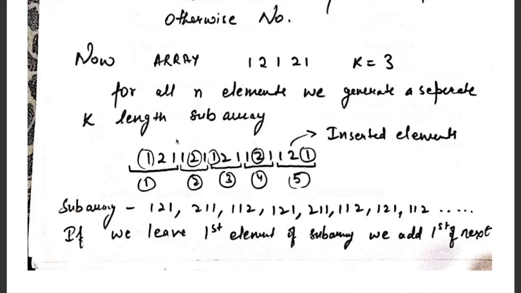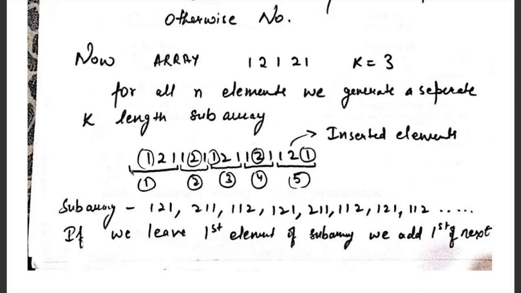What will be the elements in this subarray? The elements will be the unique numbers present in the array. In this case, only 1 and 2 are the unique numbers of this array. So we will first include 1 and 2 in our subarray, but the length of our subarray is 3, so we want one additional number. You can insert 1 or 2 here, it's your choice. You can insert any number between 1 and n, it's your choice.